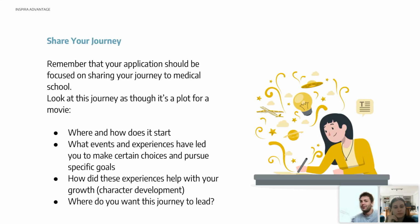Another really important point: how did these experiences help you with growth and character development? How did they shape you? What did you learn from them? And where do you want this journey to lead? So I'm going to pause here for just one second because there's something that I wanted to take some time